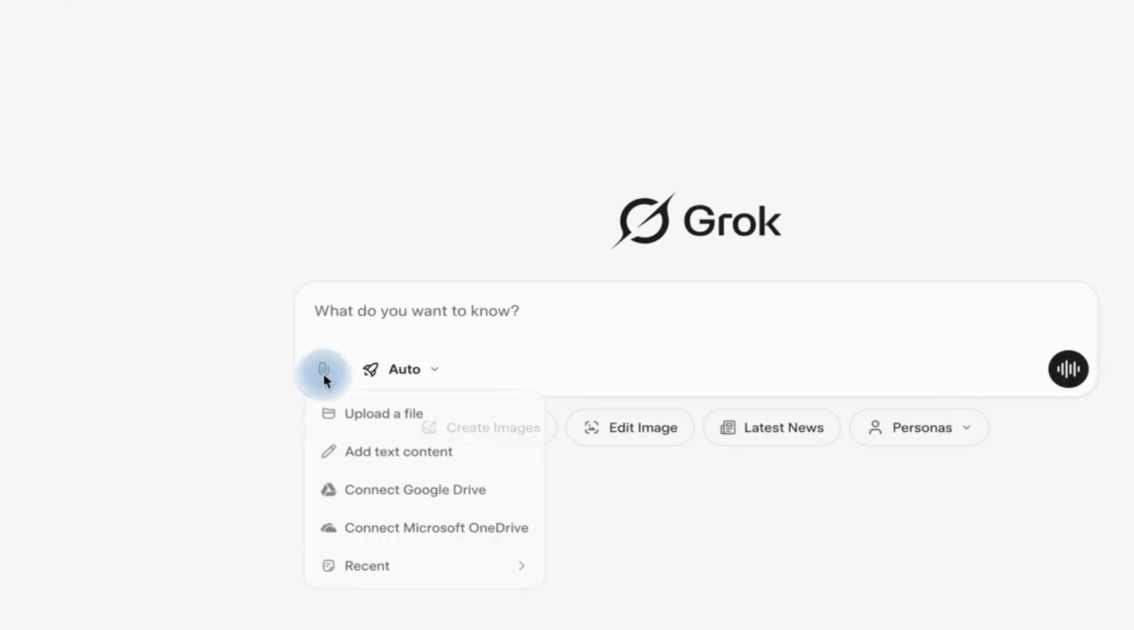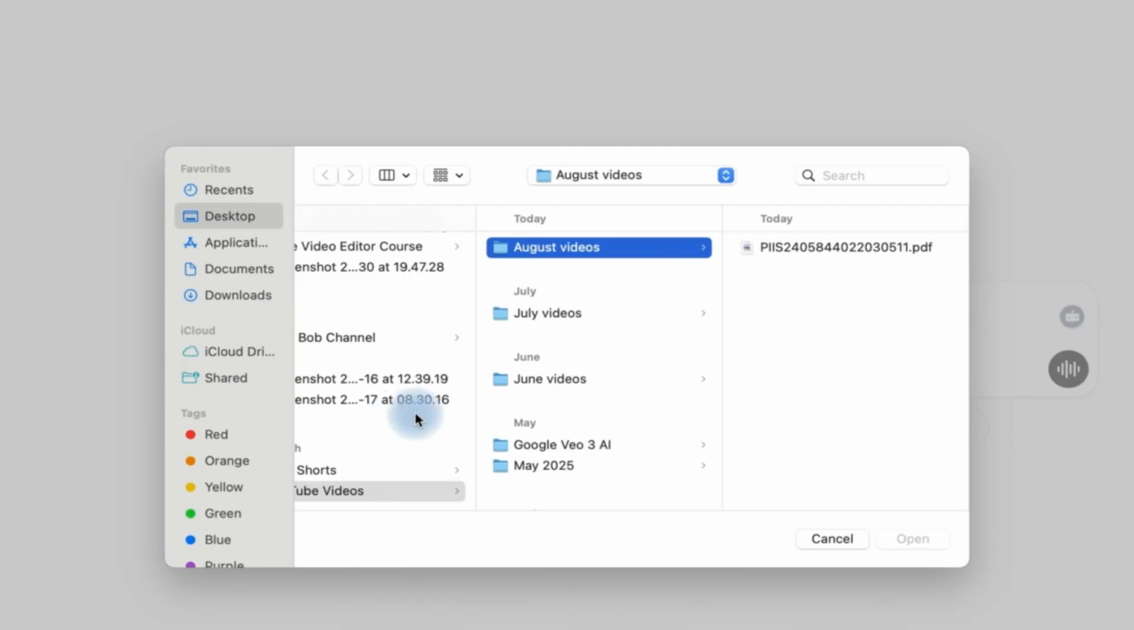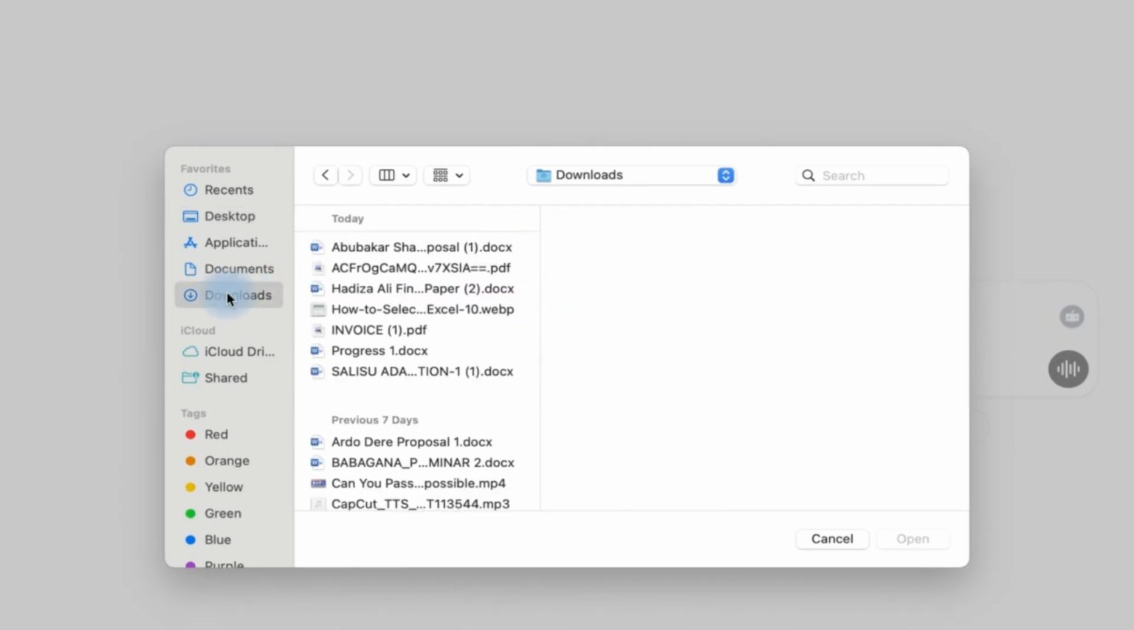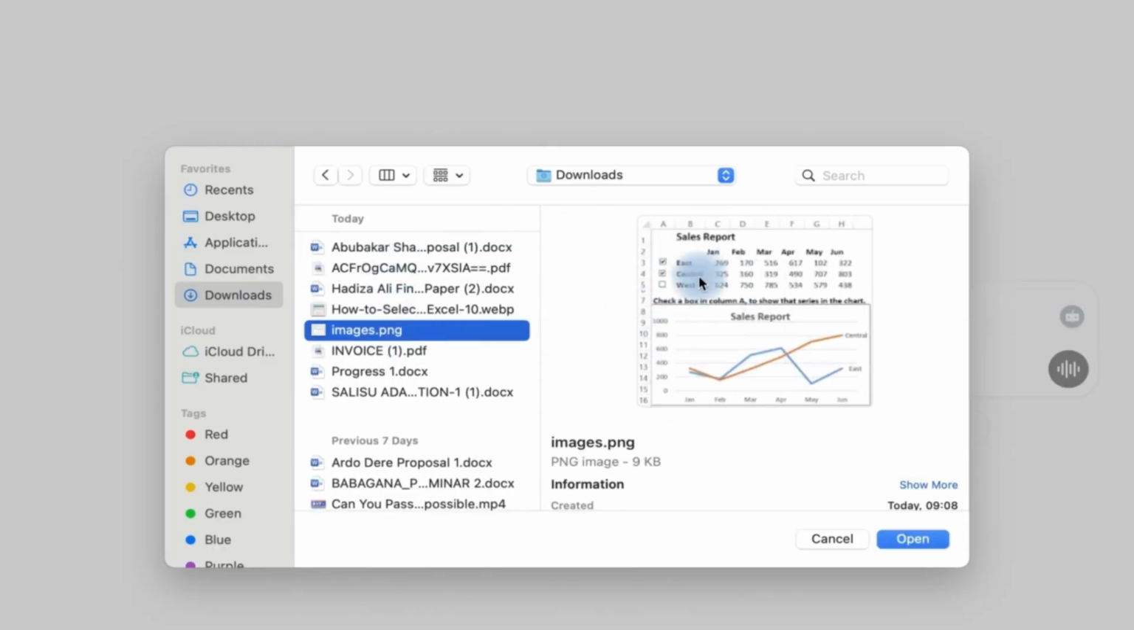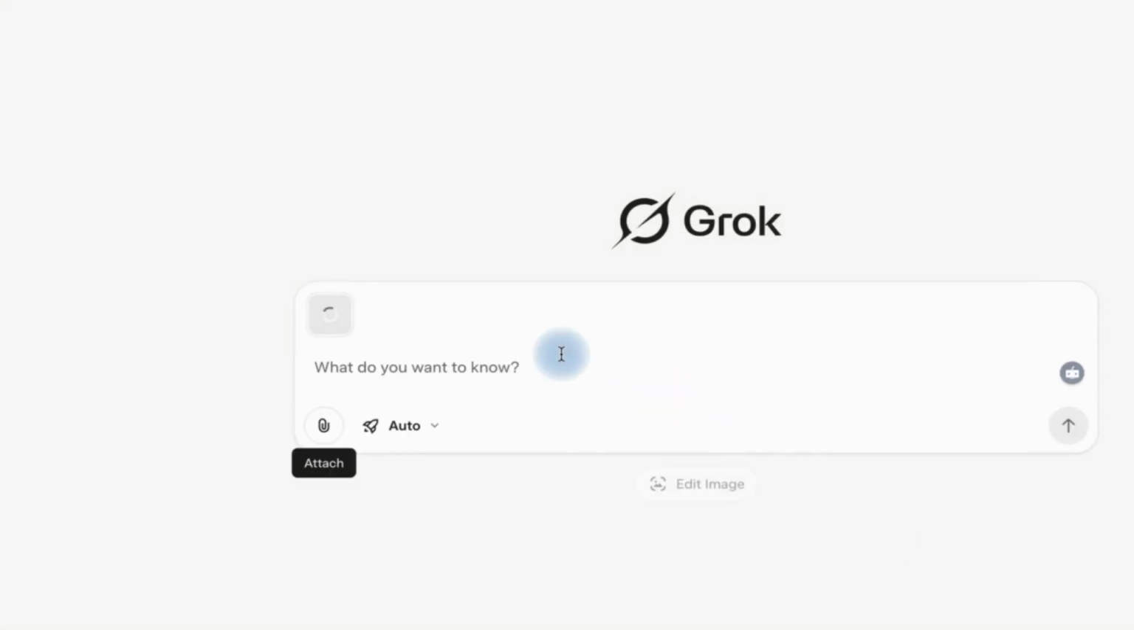So I can just come over to this. I can upload a file, and I can just go to my downloads. I just have them here. This one, okay, it's a chart and a table, a sales report. So I can just bring it in and I can ask,